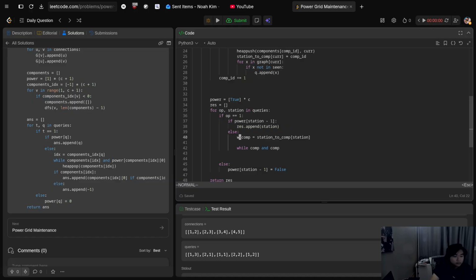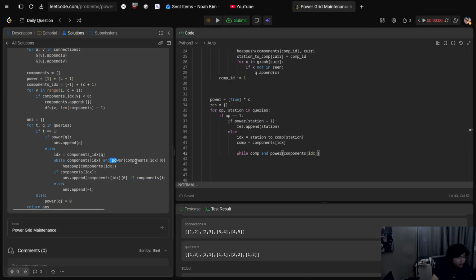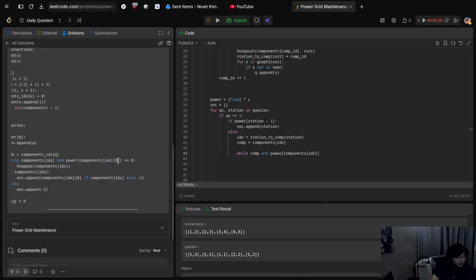So IDX, the actual component list is components of IDX, and then while comp and power of components of IDX. Why does he do another index slice of 0? Oh, the first element. Okay, yeah. The first element minus 1